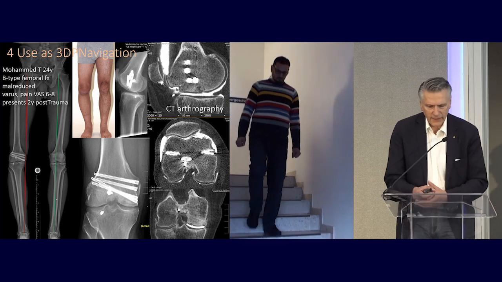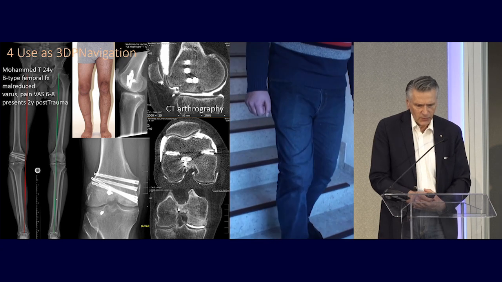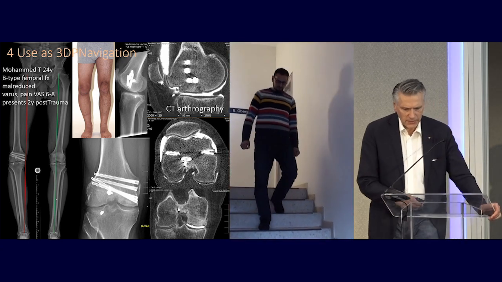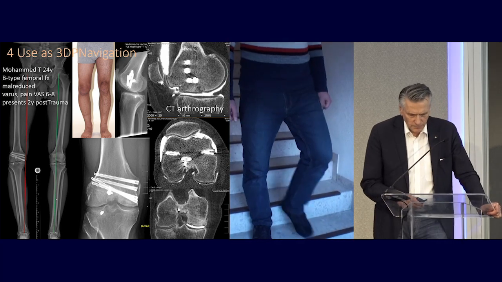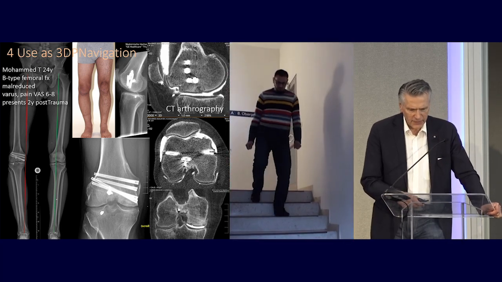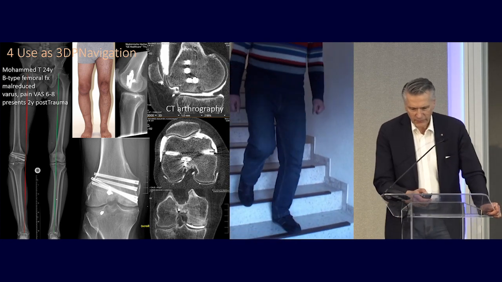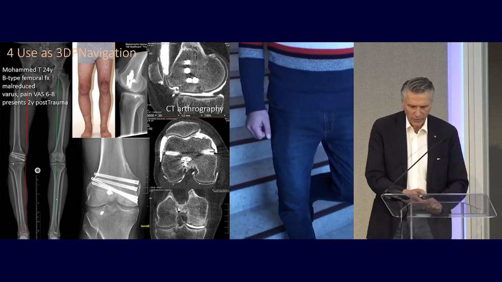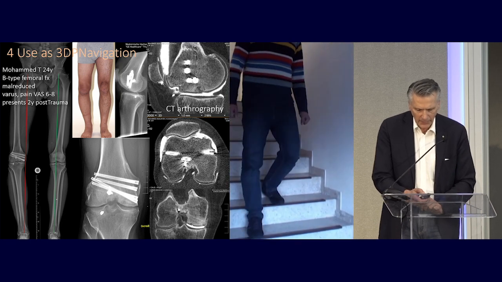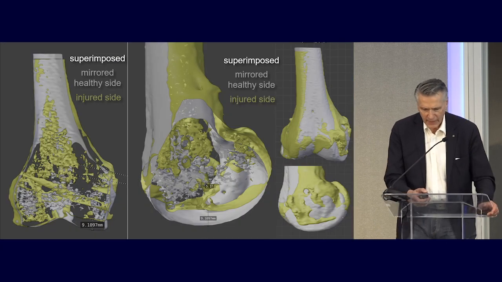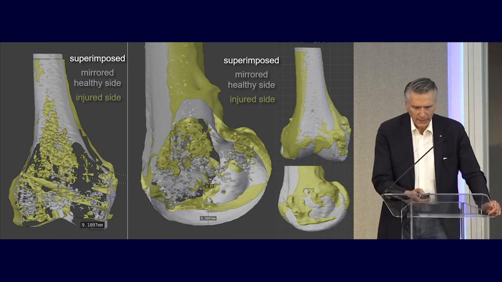In a final case, they used again a 3D navigator in Mohammed, a 24-year-old patient with a B-type femoral fracture, which was malreduced in Libya. He had significant varus, had significant pain, VAS 6 to 8, and presents 2 years after trauma. When we see the plain film and the arthro CT, we see the significant deformity, we see the significant bumps, but the closer analysis is visible when we see the superimposed mirrored healthy side, gray, and the injured side,